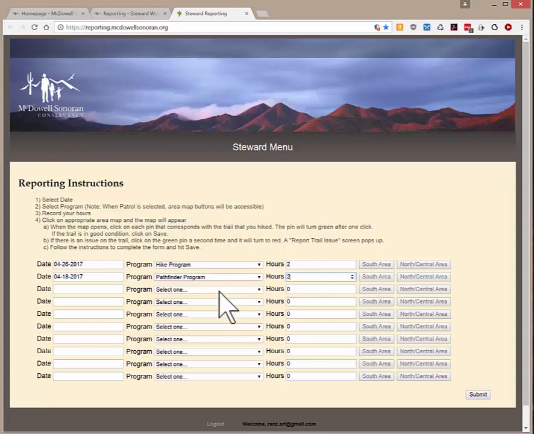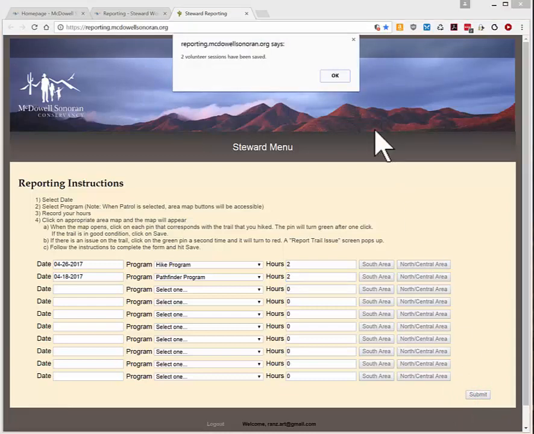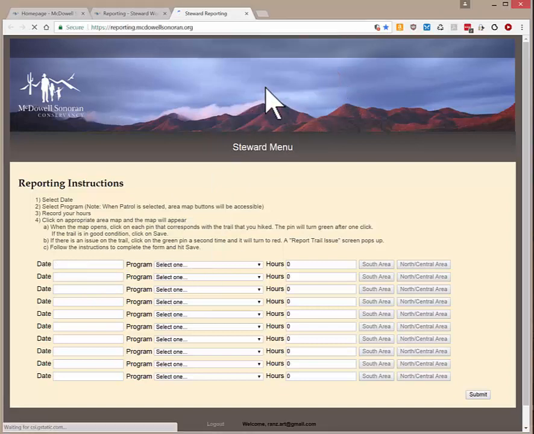Now, when we're happy with this, we need to be sure to go down to the Submit button in the lower right and click on the Submit. Once we've done this, we'll get a confirmation from the web page that indicates that 2 volunteer sessions have been saved. And we look below, we have 2 entered here, everything is in agreement, and we click OK. And that's all there is to it, unless we're going to do